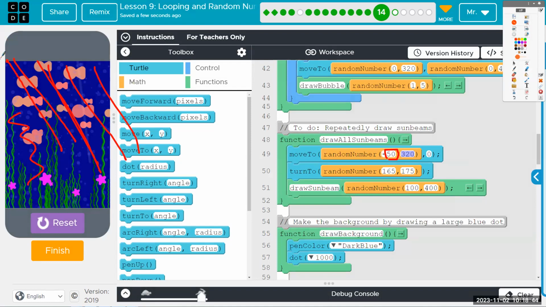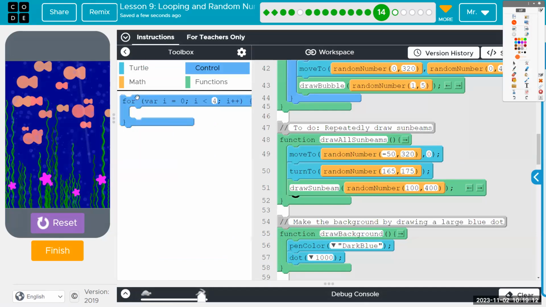The way we solve that is give it the opportunity to jump even farther to the left so that there can be some sunbeams in that area. That's why that's like that. And then turn 2 random between 165 and 175 means they're all going to be going almost straight down, but with a slight variation, which is an interesting effect. And then we call the function sending it somewhere between 100 and 400 as the length.